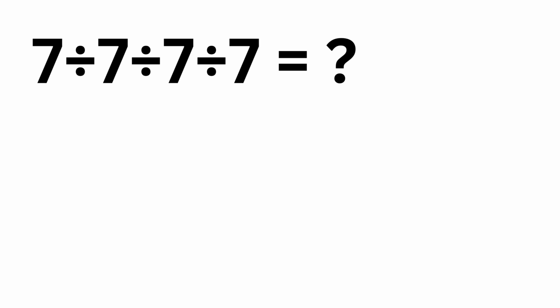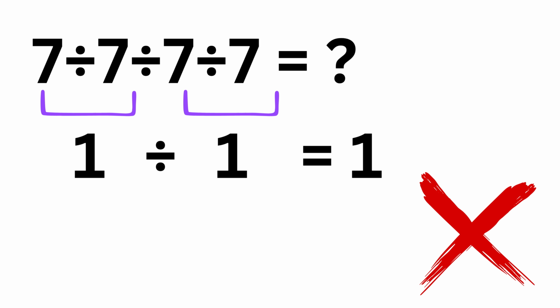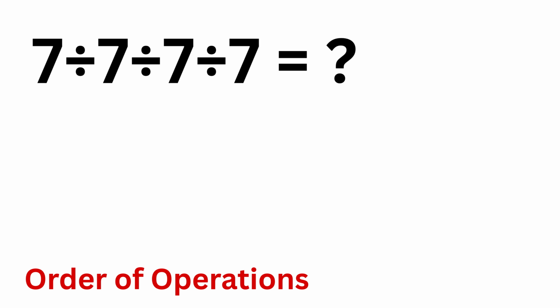7 divided by 7 divided by 7 divided by 7. Here, 7 divided by 7 gives us 1, and here we have 7 divided by 7, which is also 1. So 1 divided by 1 is just 1. But this answer is incorrect, because according to the order of operations, when we have more than one division in